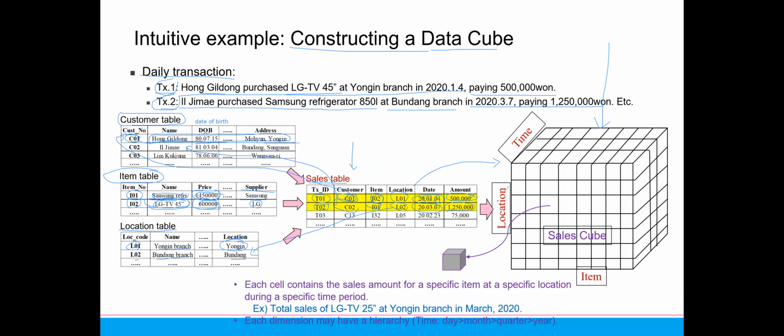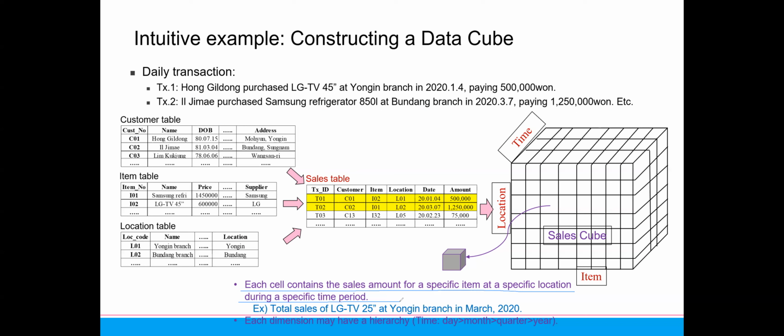What is this cube? This cube includes the information about location. So this is the location. And then we include the item. This is the item, and include the time. Okay, the time means this is the date. So we can expand the cube later. Maybe you want to include also the customer. That's also possible. Okay. And each cell contains the sales amount of a specific item at a specific location during a specific